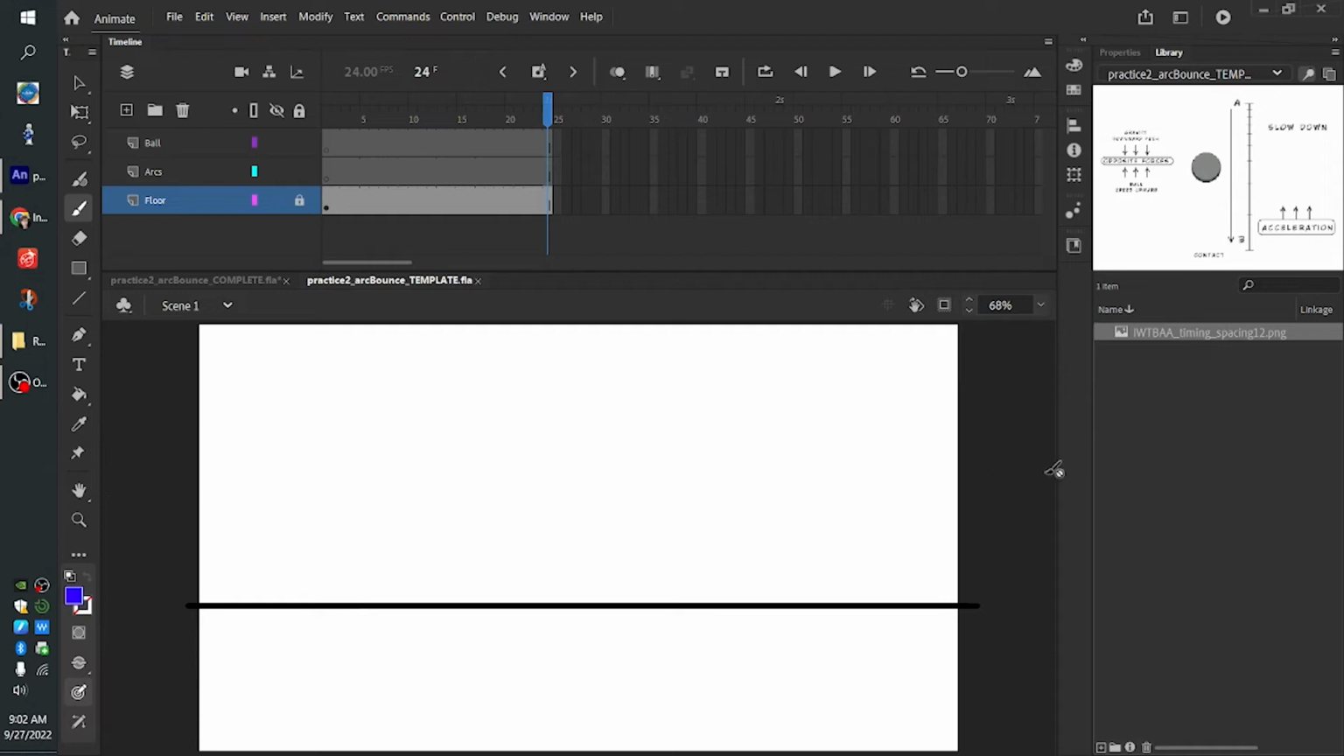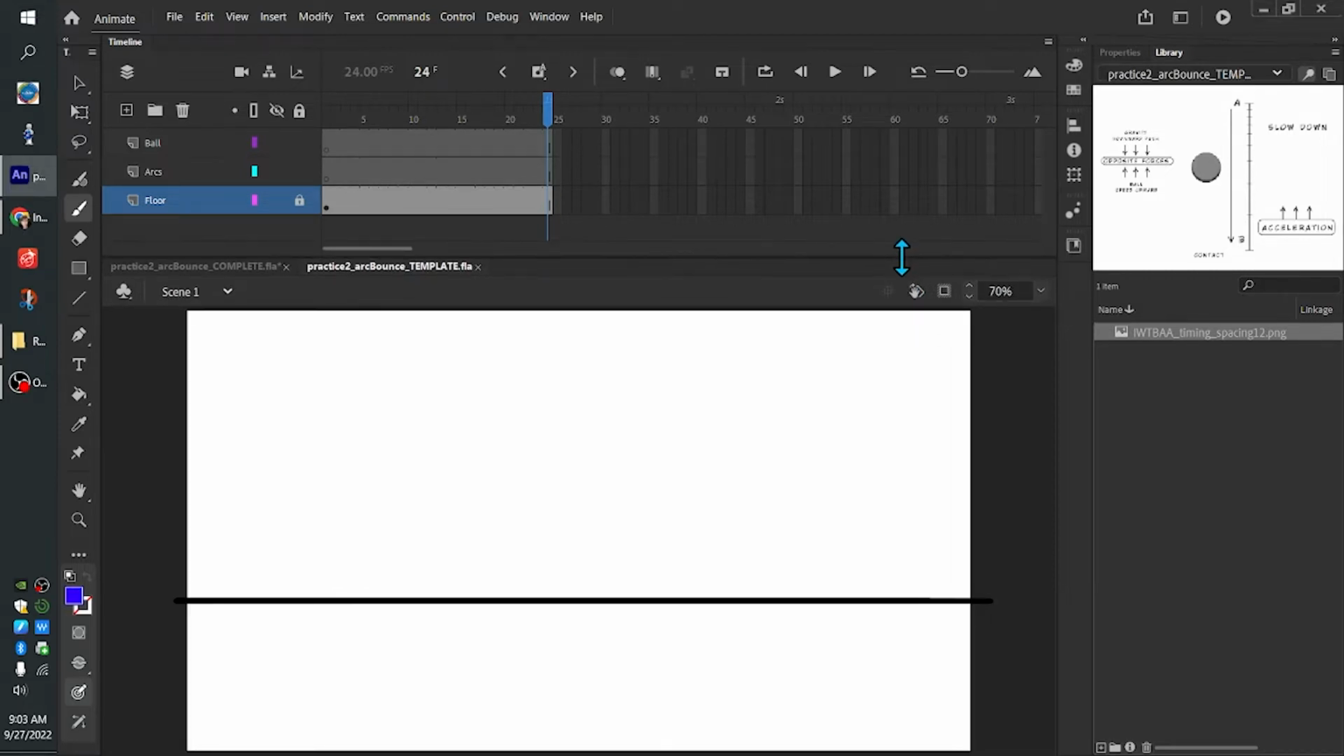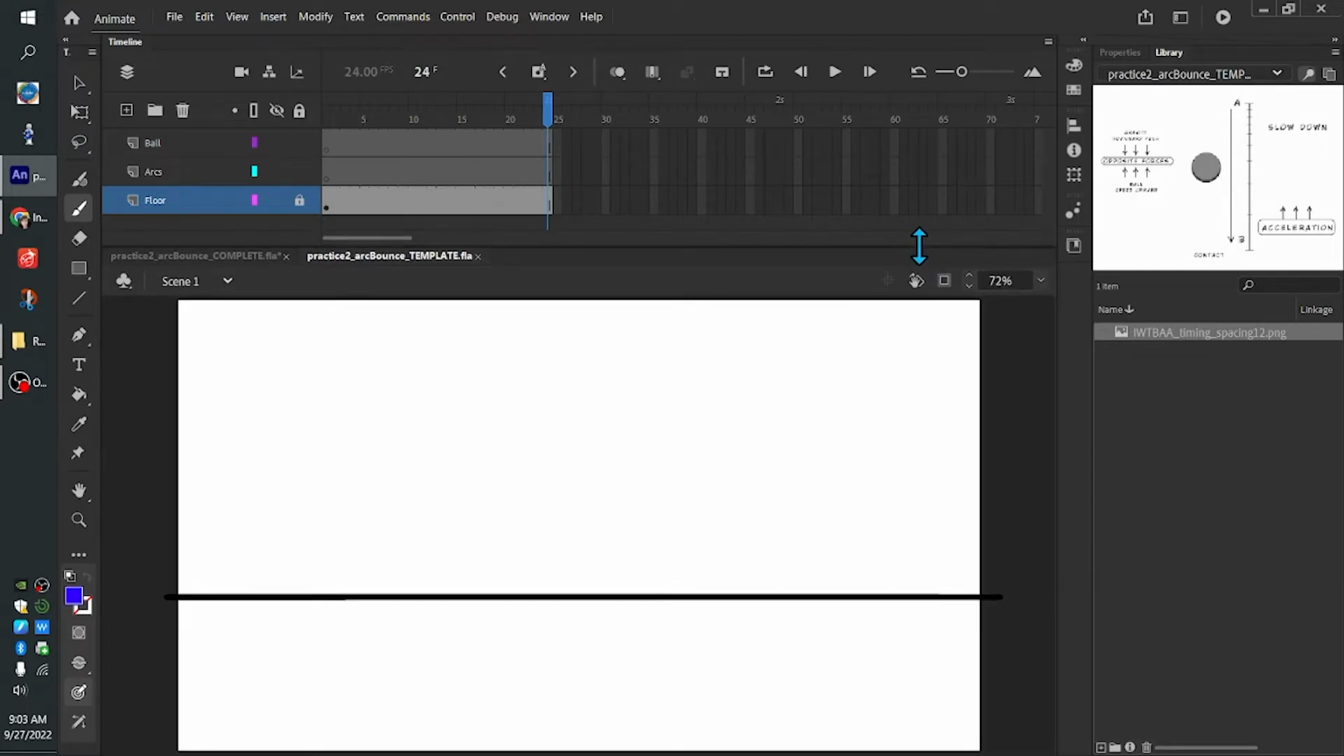All right, so let's get started on practice number 2, which is going to be another ball bounce, but this time instead of the ball bouncing in one place, a stationary bounce, we are going to do an arced ball bounce. So if you open the practice 2 arc bounce template from the appropriate Google Drive folder, you will see